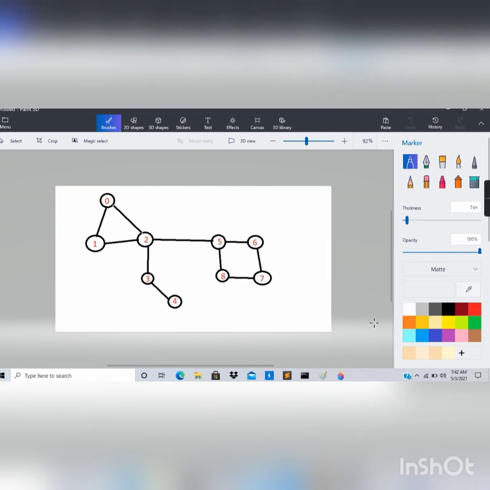Let's try to understand with this example. In this graph, you can see if we remove node 0, will the number of components in the graph increase? No, because if we delete node 0 and all its edges, the number of components in the graph remains the same. Similarly, if we try to remove node 1 and delete all its edges, will the number of components increase in the graph? No. Let's try to remove node 2. If we remove node 2 and delete all its edges, will the number of components in the graph increase?